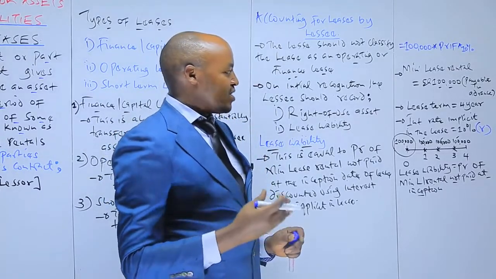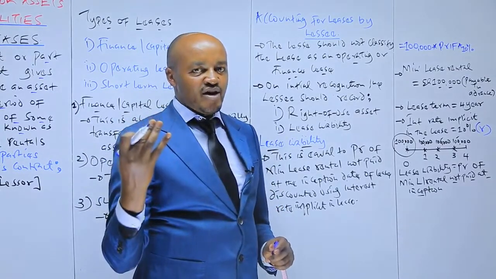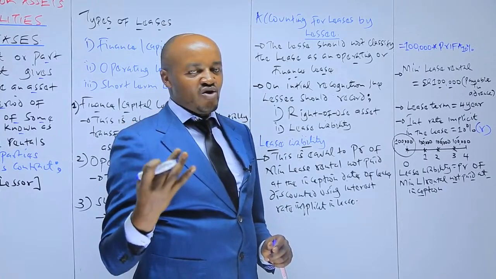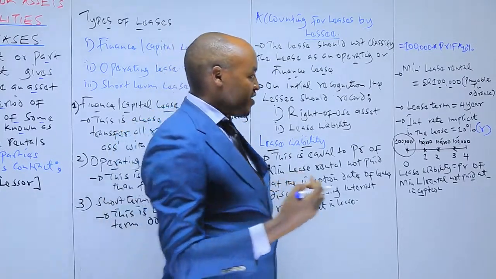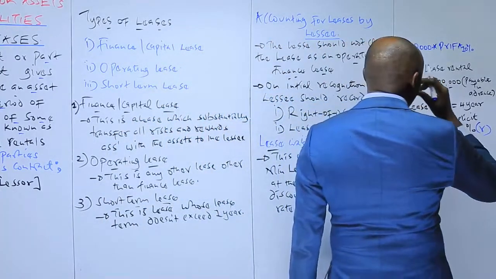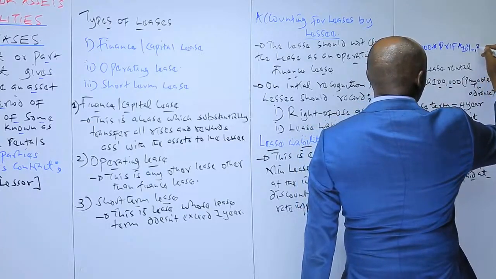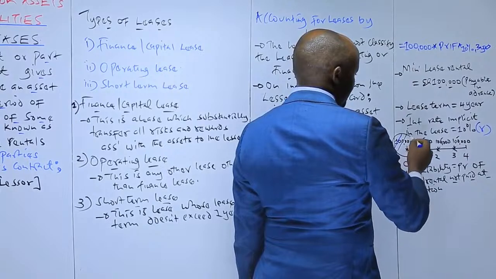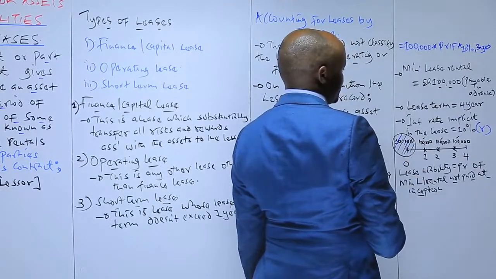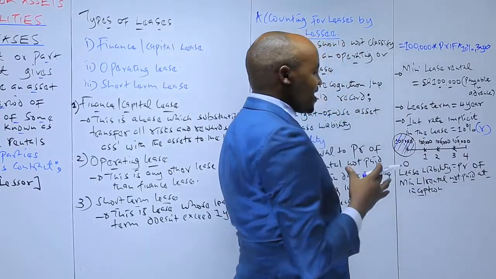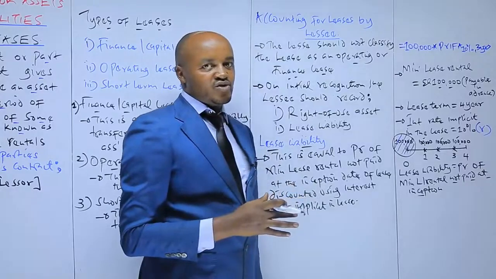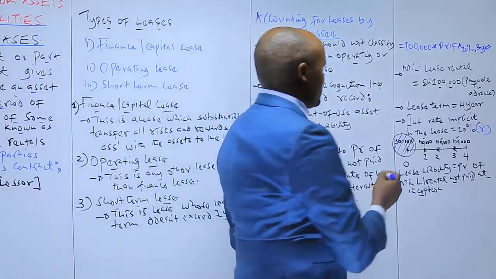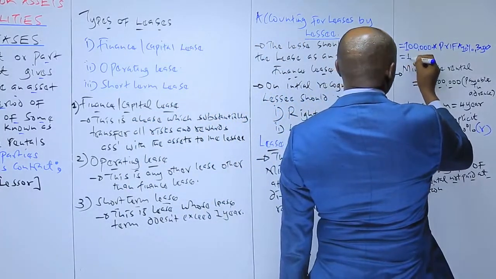So therefore here we consider rent for how many periods? 3 periods. So therefore here our N will not be 4, but rather our N will be 3 years. Because in this case we are saying this particular lease rental which was paid at the inception date of the lease does not form part of the liability. So therefore we take 100,000,